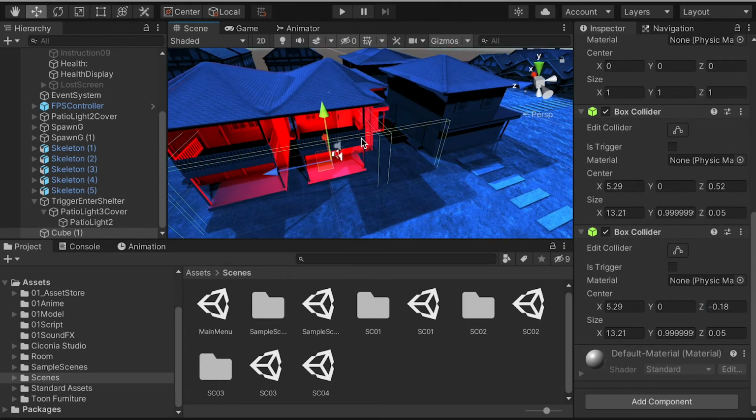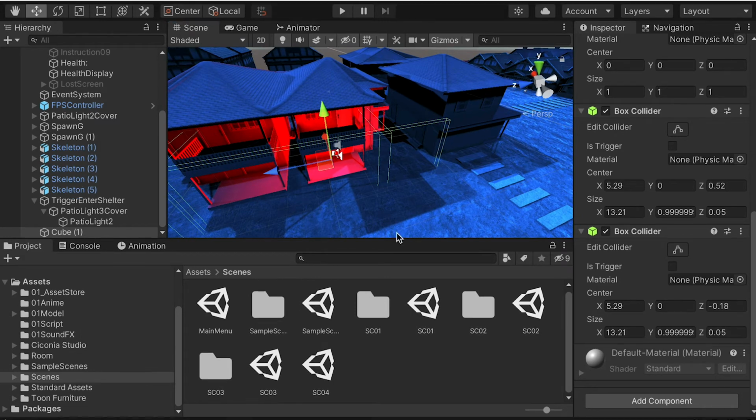Okay, so now let's add a function to it. Here we can rename this as trigger remind shelter. Okay. Remind player shelter, or anything you want to rename. I just want to keep the name short. So here let's do add component, script. So here we'll just start a new script, and for this script we can say